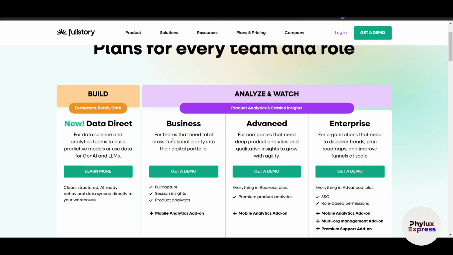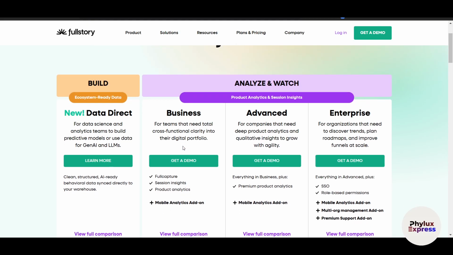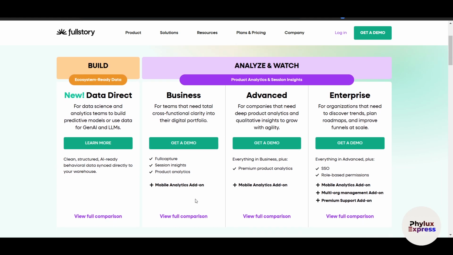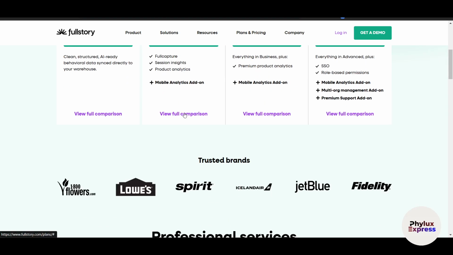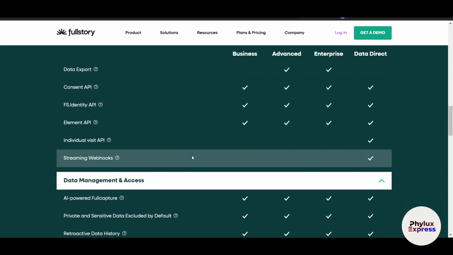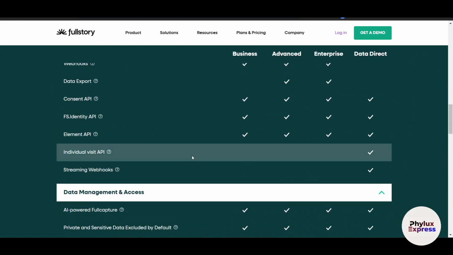Now this is for teams that need total cross-functional clarity into their digital product. It will help you to fully capture session insight and product analytics. And in the enterprise, you get some more features, for example, SSO, role-based permissions, and premium product analytics in advance, right? So if you just want to know more, you can just go and click on view all, and here they